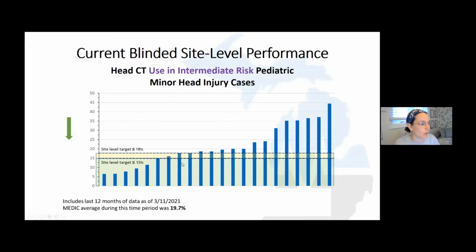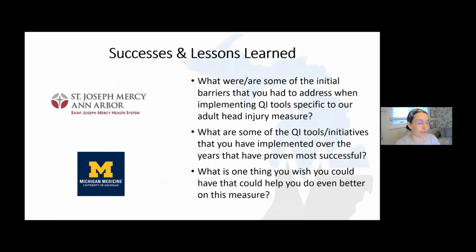What I wanted to point out here is that we've got quite a few sites along the cusp of this, but we definitely have some work to do for this year, which is again why we think that going over this now is so important, because we do still have some room to improve here, and we need to get more to that yellow area in order to meet our VBR target for this year. So that's what we're looking at. And the first thing we're going to do,